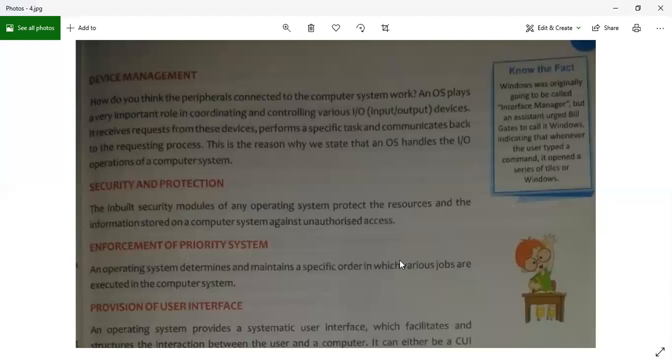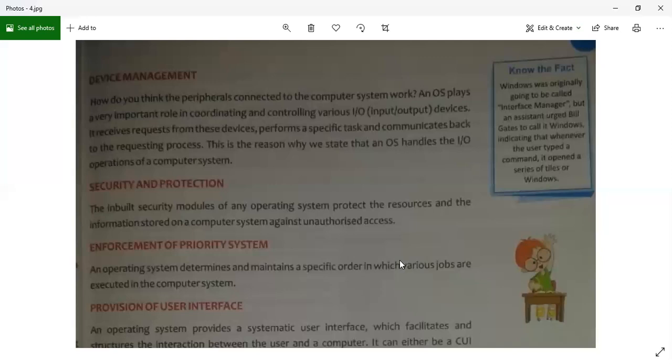It can either be a CUI, which is character user interface, or GUI, that is graphical user interface. So what is CUI? CUI, character user interface, is also known as CLI, which is command line interface. So if, let's say, for example, I want to work on my computer, we used to have a software initially, an operating system that was called Microsoft DOS, disk operating system. In that operating system, just like Windows, to control the computer, I never used to have any icons. The only thing that I used to have was a black screen, and I used to have white alphabets written all over it.